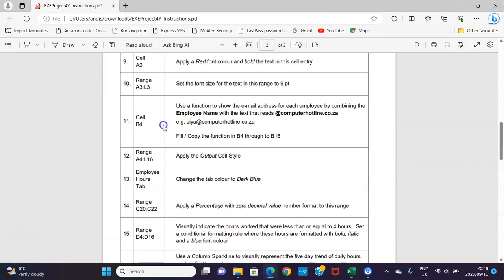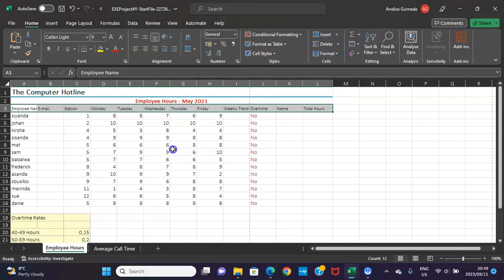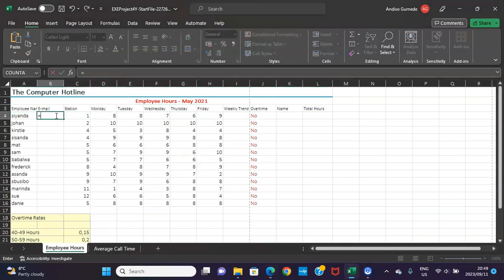Next instruction in cell B4, use a function to show the email address for each employee by combining the employee name with the text that reads @computerhotline.co.za, for example siya@computerhotline.co.za. Fill or copy the function in B4 through to B16. So let's go to B4. It's equal to concatenate, siya, separator,